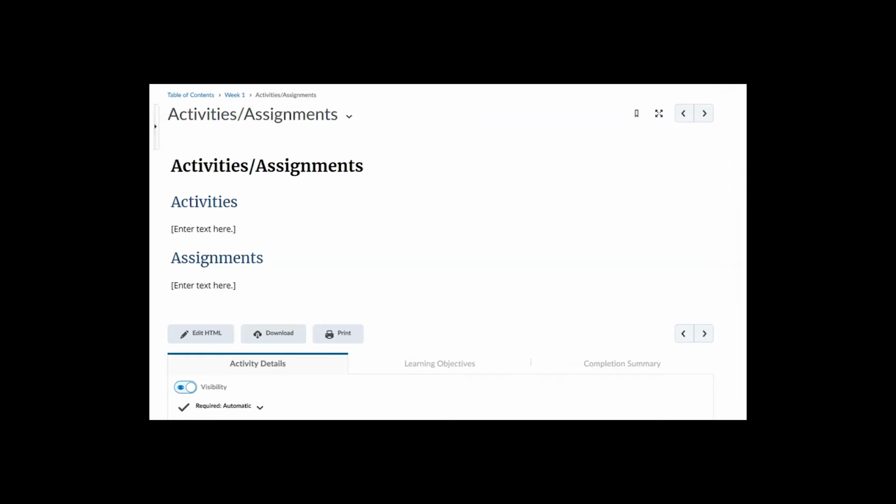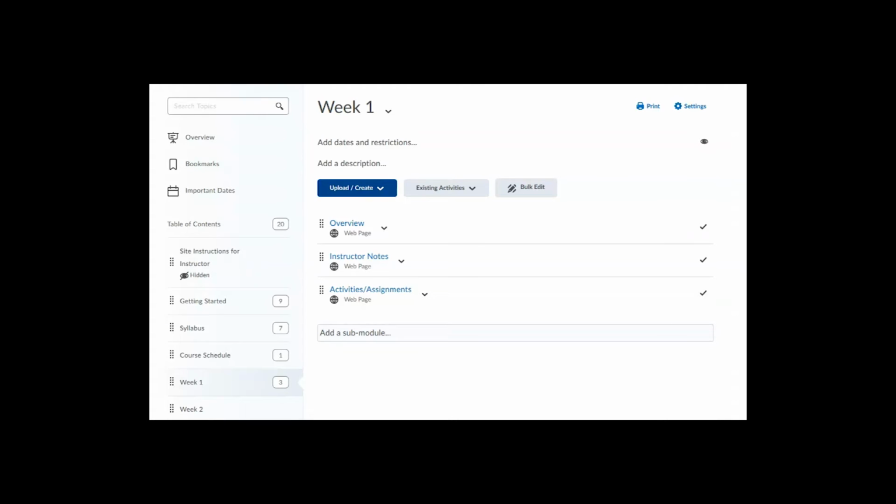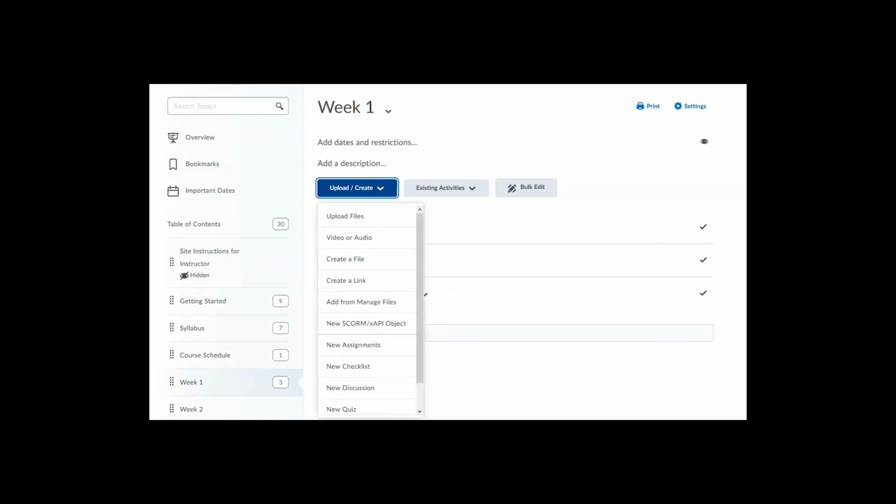To add topic pages, return to Week 1 module. Click Upload, Create. You can upload files from your computer, such as a PDF file, embed or upload an audio or video recording on its own page, create a file directly in Brightspace,